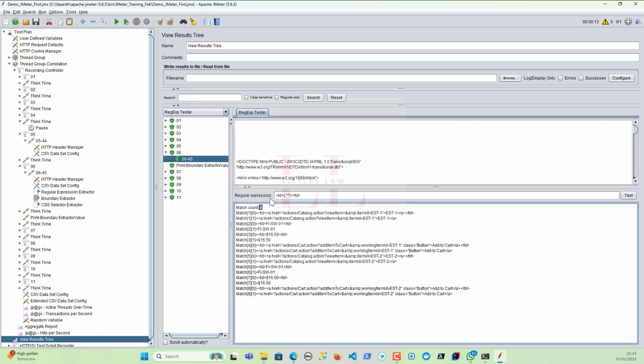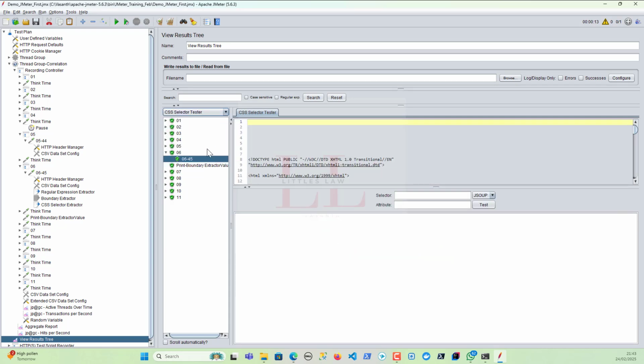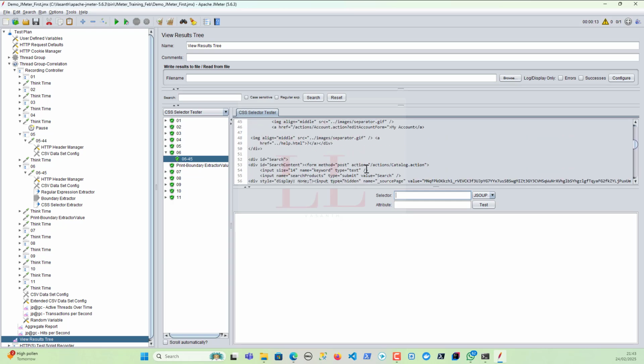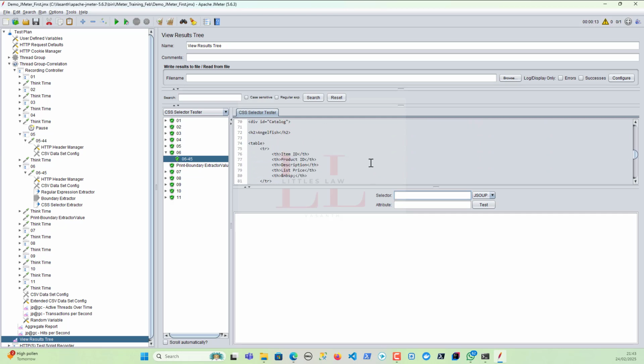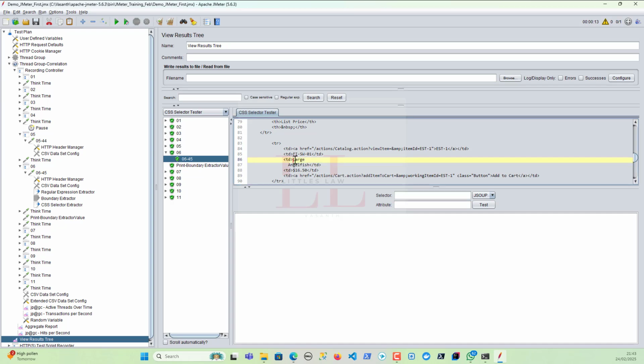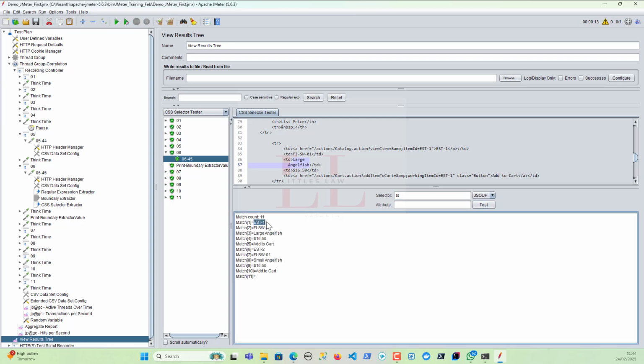So now coming back to this video. What I'm going to do is go to another selector, the CSS selector tester, and here I have a value called selector. Let me go back to the value. I just want to get the values large fish and small fish, that is, large angelfish and small angelfish. The first thing I have to do is extract it from the TD. So let me enter the TD, and when I click on test, I could get the values,